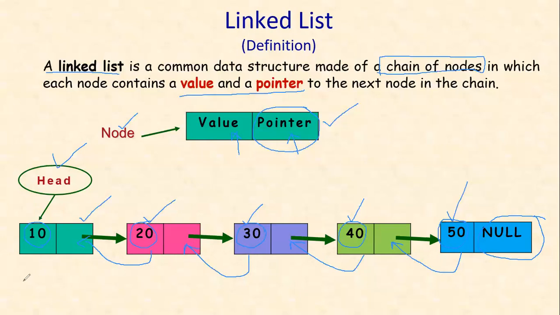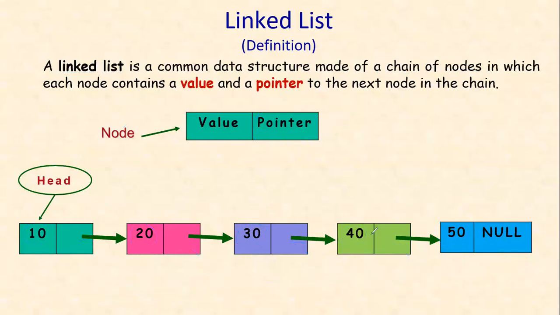Like that, we will travel to the last node in a linked list. So here you have links between the nodes. That is why we call it a linked list, a list with links. Now, definitely you'll get this question. For arrays, we usually declare an array, suppose int a[10], so that memory for a will be allocated and we will use it. But how could we implement the linked list? We will see that step by step.